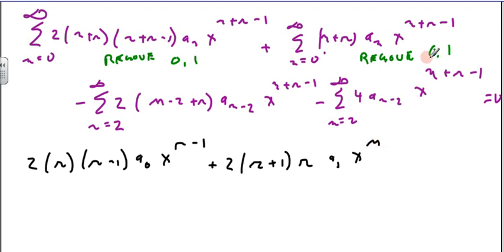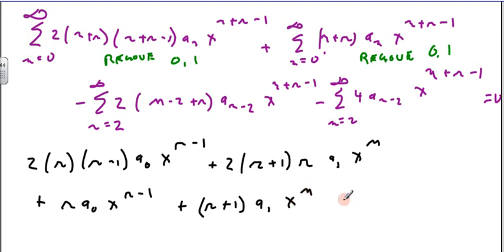Okay, now I'm going to remove the 0 guy from him, plus r a0 x to the r minus 1, and then the 1 term from him, plus (r plus 1) a1 x to the n, plus